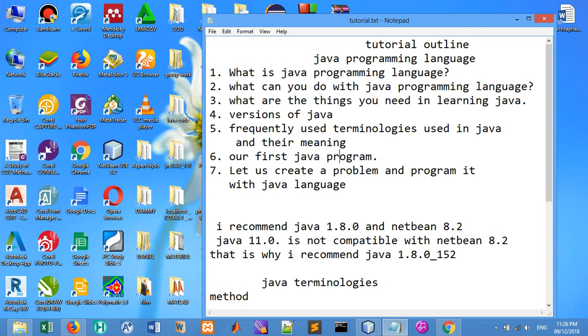Java program, and this is the tutorial outline. What is the Java programming language? Java is simply a high-level programming language that was developed by James Gosling's team at Sun Microsystems. And the things you can do with Java, according to the second point,